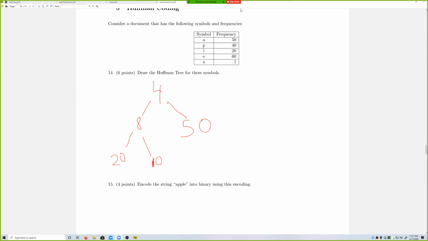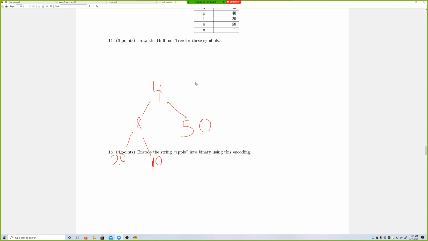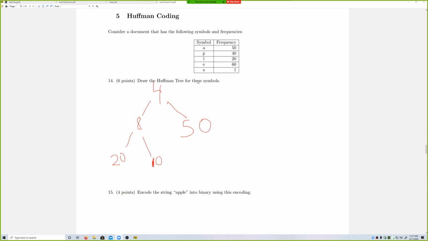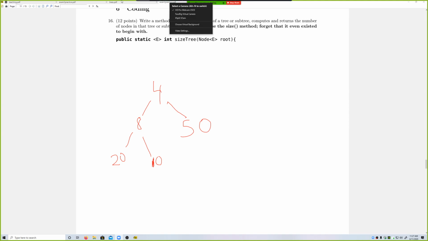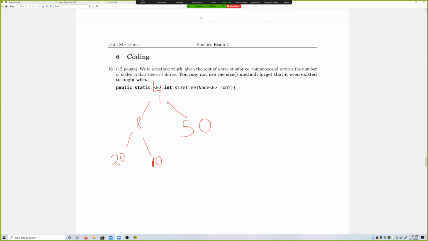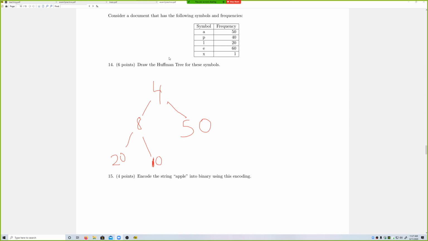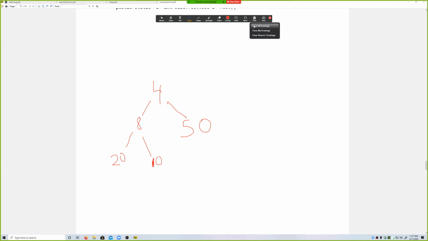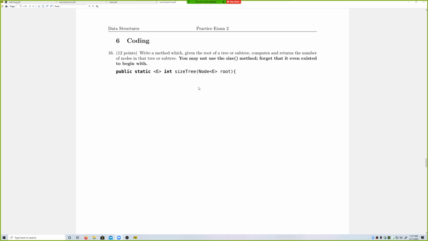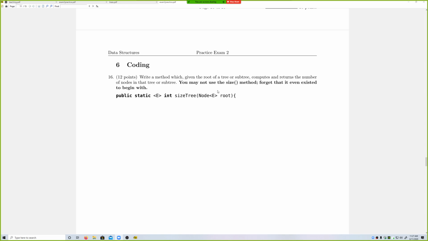Huffman coding is not on the exam. I've excised it from the summer semester just simply for time constraints. Okay? Or at least it's not on the second exam. I think it might be on the final exam, but for right now, don't worry about it. If it's on the final, I might remove it. We'll see. Okay, but now we're into the coding questions,